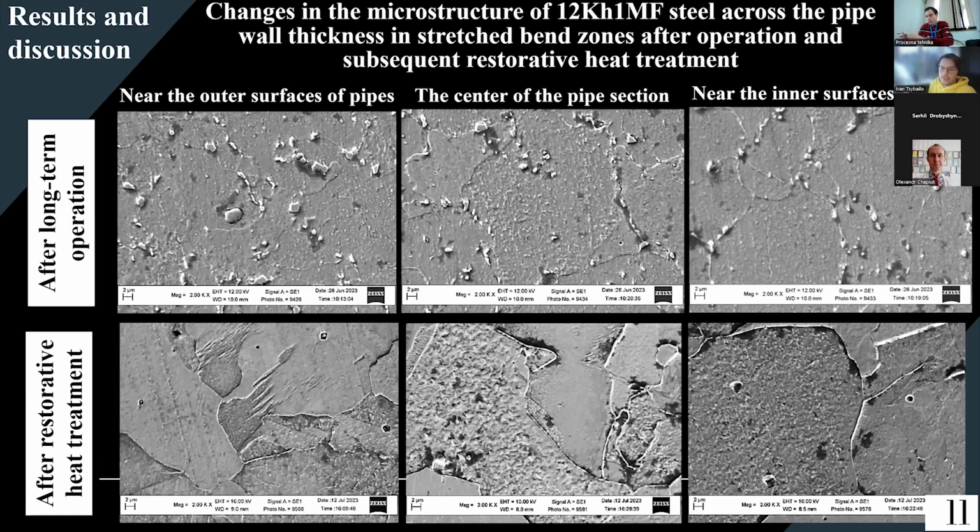The degradation of steel structure during long-term high-temperature operation is caused by the reduction of carbon and alloying elements, which transform the ferrite-pearlite structure into ferrite-carbide. The creep in the steam pipelines leads to the appearance and accumulation of damage, such as formation of voids along the grain boundaries due to carbide decohesion from the matrix or their fracture, thereby degrading the mechanical properties of